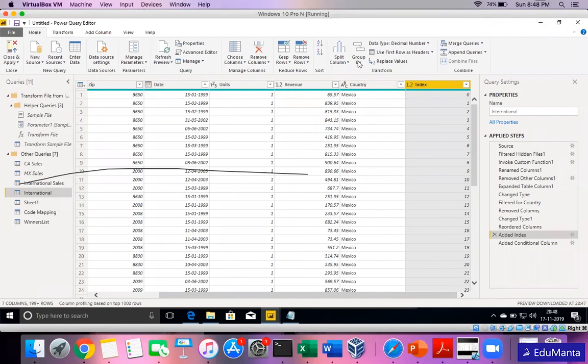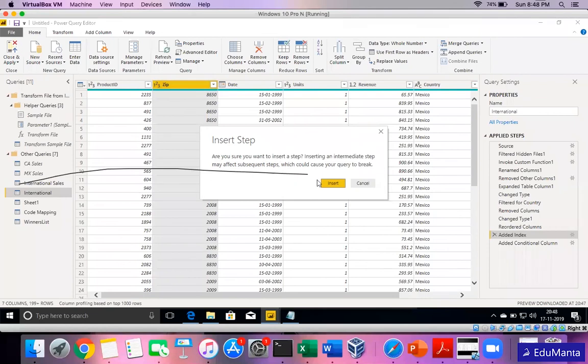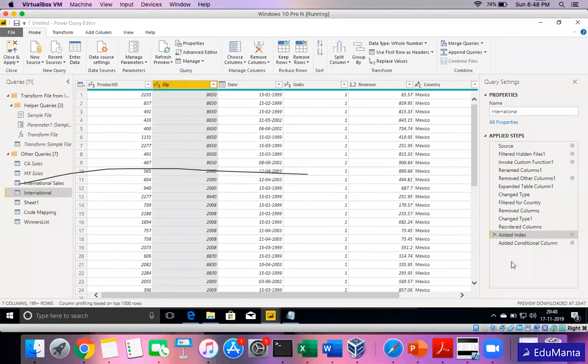And then there's a group by option. So group by, if you people are aware of SQL queries and all, this group by will come in handy. Suppose I want to have a table which will just group by zip and give me the sum of revenue by the zip. So I can just click on zip. I can say group by. One second, let me cancel. After this, I will add this. So zip and group by.